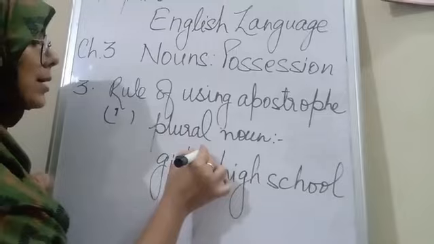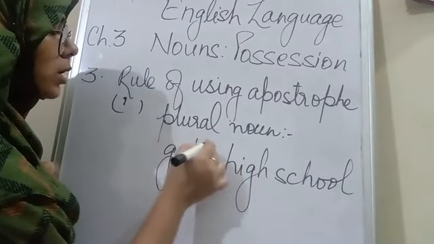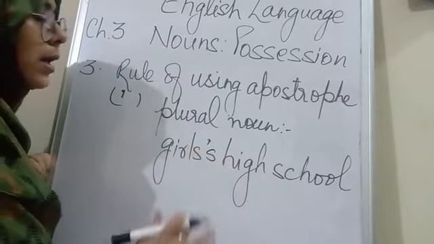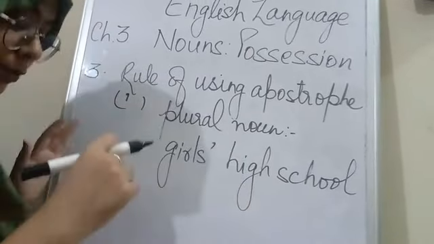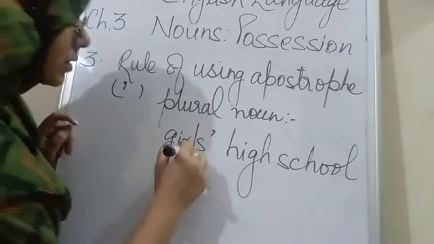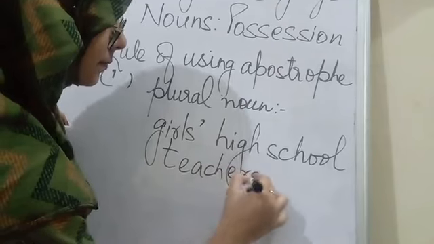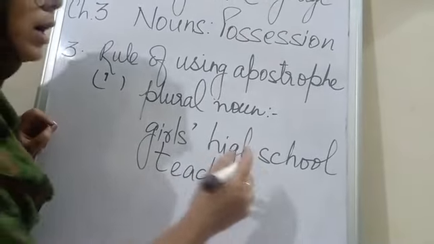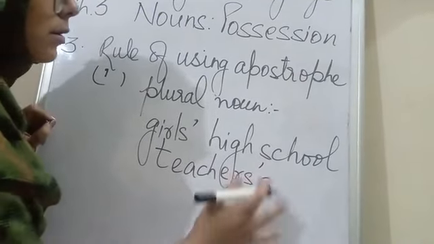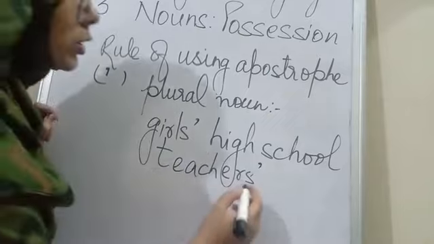It is very similar to the second rule. We will not write apostrophe S again. We will simply add an apostrophe here. This is for the plural nouns. Like teachers. The noun is already in plural form. There is no need to add an apostrophe S again. We will simply add an apostrophe. Teachers'